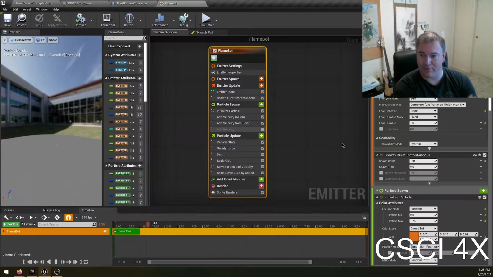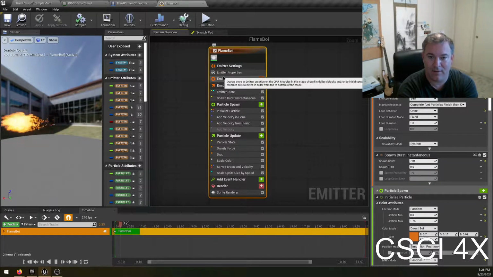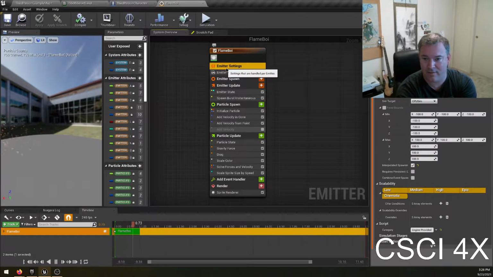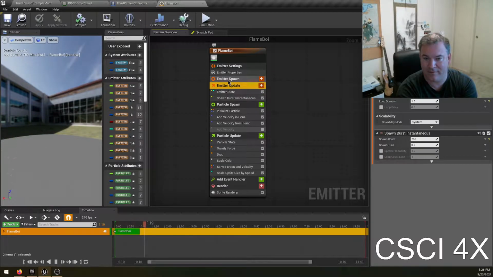This looks different from other stuff that you've probably done in Unreal Engine, where even materials are node based and things like that. So the way the Niagara system works is it starts at the top and goes down, and you can add things to the particle system as you go down. So the emitter is the thing that spawns the particles, and there are categories. If you click on this category, it shows the